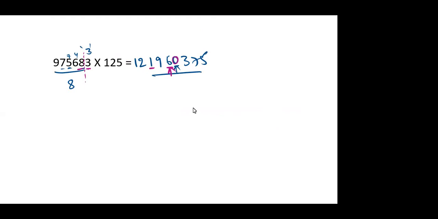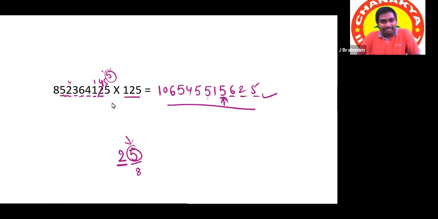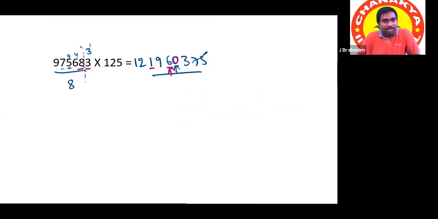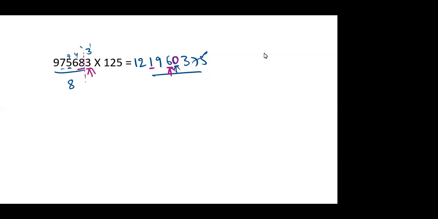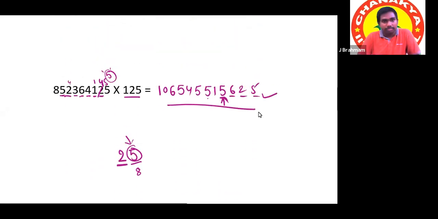Sir, but here we took 5, why not 0? That is not 5, that is 45 in this case. There it is only 3, not 83 or 23 or 33, any number. No, sir, it is 5 only there.